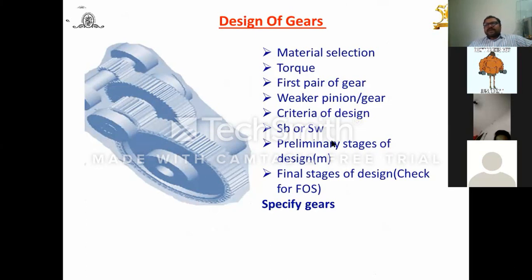In the preliminary stages of design, consider PT equal to P effective, and by using this, find out the module. Again, in the final stages of design, check for FOS. Check for FOS means again you can find out the PD, the dynamic load, and based on that, check the FOS for both the cases. If the calculated FOS is less than the assumed one,